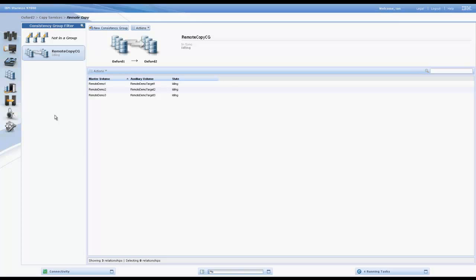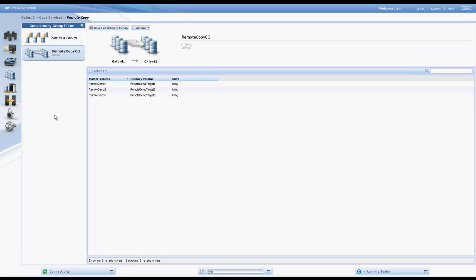If an outage causes our mirroring to stop suddenly, the consistency group will prevent the volumes on the auxiliary disk system from becoming unsynchronized from each other. This allows us to easily recover to the auxiliary Storwize V7000 with a level of consistency similar to what we would find in a power failure situation. The applications can easily be restarted because none of the data is out of sequence, but we may need to